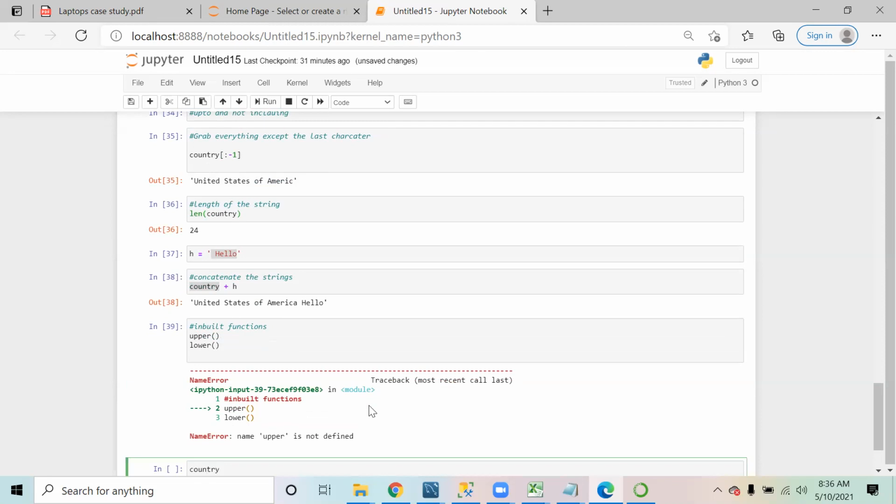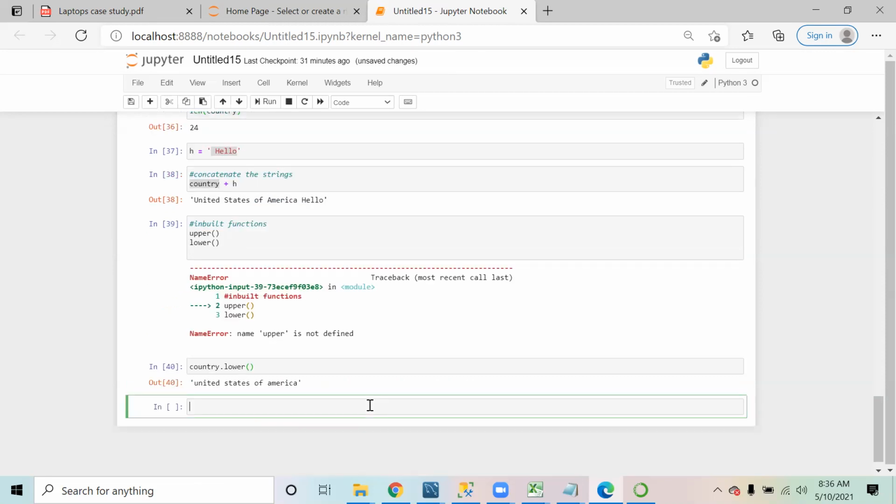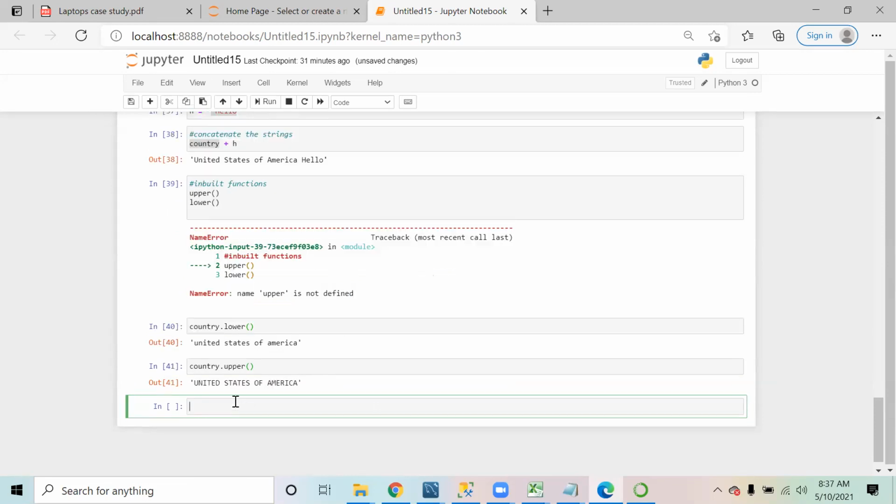If you say country variable dot lower, see, it converts each and everything into lowercase. Same way, if you say country dot upper, it is going to convert each and everything into uppercase. So lower and upper are the functions that you can use.